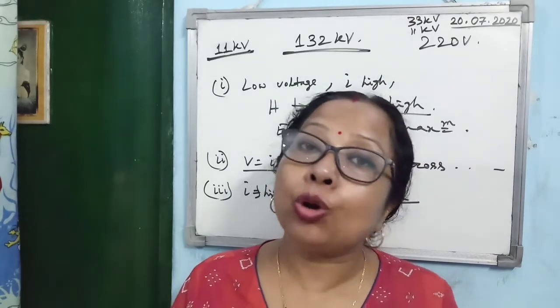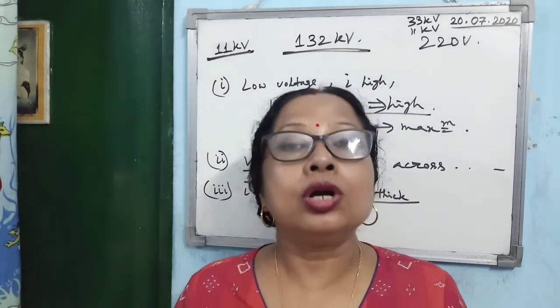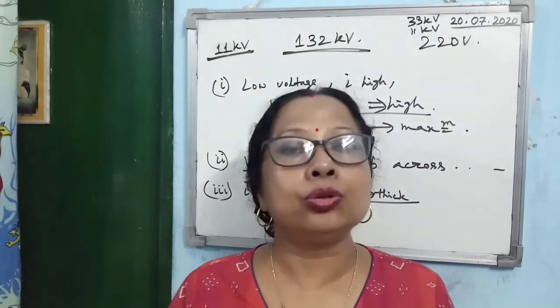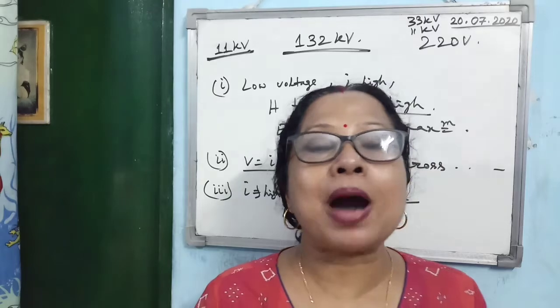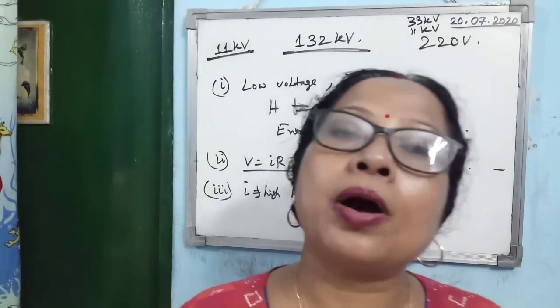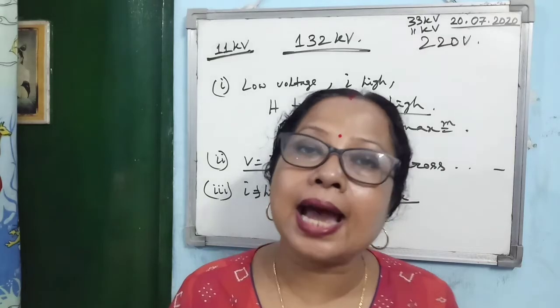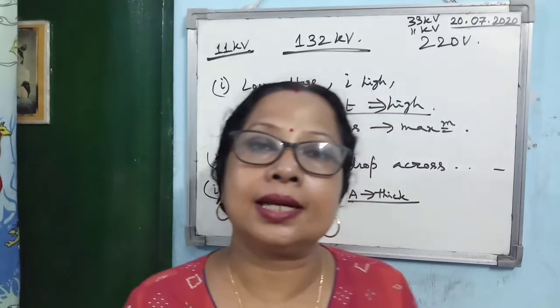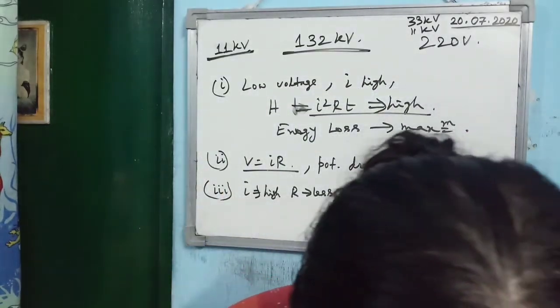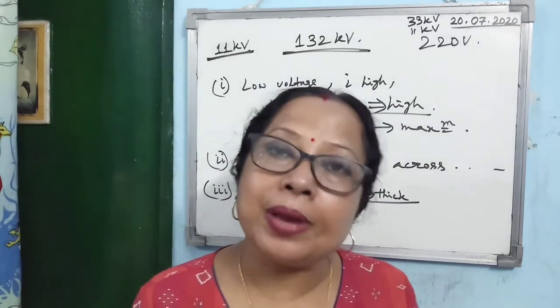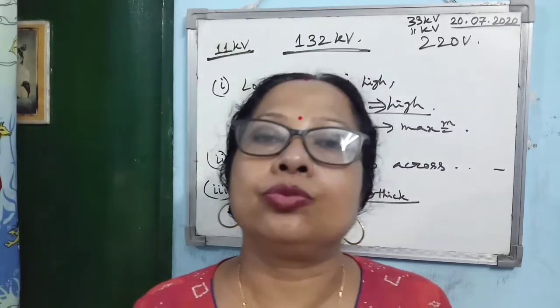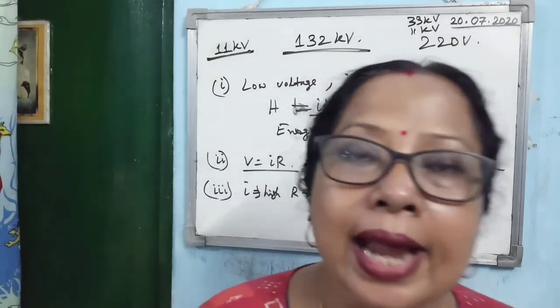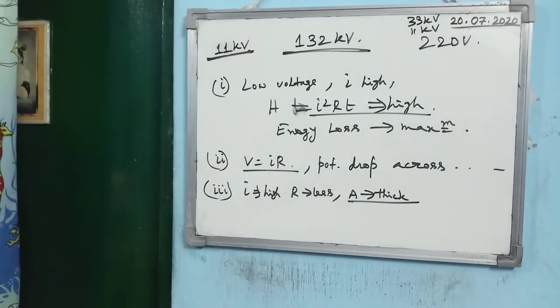But that choke coil you cannot use to control direct current and to minimize the power loss across the circuit. Then the third advantage of alternating current is that all the equipment we generally use for alternating current is durable and convenient compared to the equipment related to DC circuits. So at least 3 advantages of alternating current over direct current you must learn and remember. That's all about this chapter.